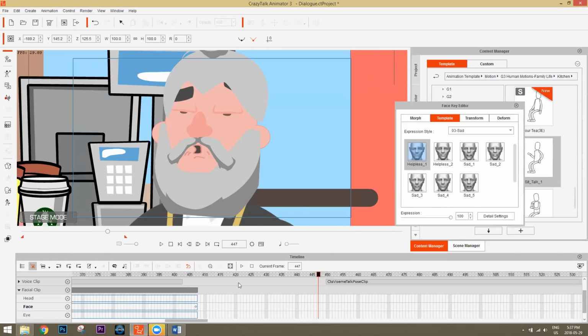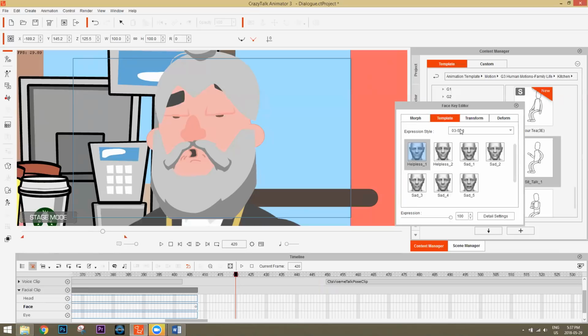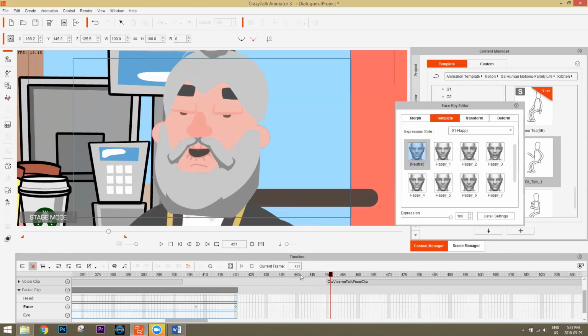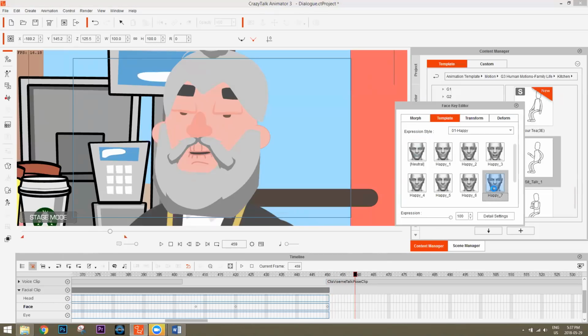And I think from here to here we'll just do a neutral one after he finishes his dialogue there. I mint on my hot dog. And then after he says I mint on my hot dog, he'll say ah. So another neutral one. As he makes that realization, we'll give him this like happy one. So there's more like an ah kind of face. So you can see as he realizes what he's talking about.